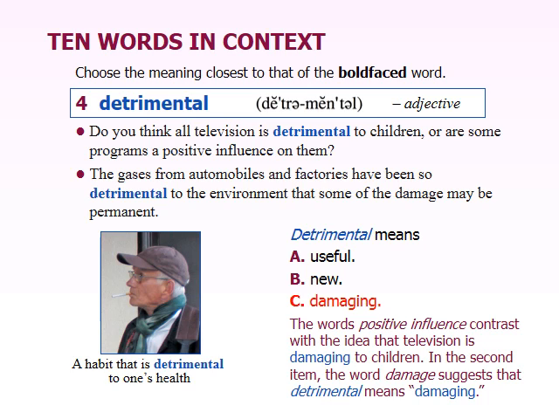Now, if we look at this, we'll see that in both cases, detrimental is followed by to. So this is a common thing. What comes after to is the thing that is hurt. In the first example, it's asking, is television detrimental to children? Meaning, does it harm the children? In the second example, it says gases are detrimental to the environment. So it's saying that they harm the environment. If you take a look at the picture, the man is smoking, right? And that's detrimental to your health, right? If you do that, that's a negative thing that can damage or cause harm to your health.